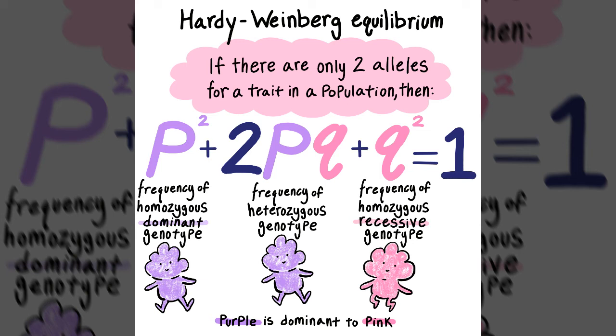Also, if you don't know, homozygous is when there are two of the same. So the homozygous dominant would have two dominant alleles. That's just an example. And heterozygous is two different, so it would have a dominant and a recessive allele. So an example of a problem that you might get is that the p frequency...